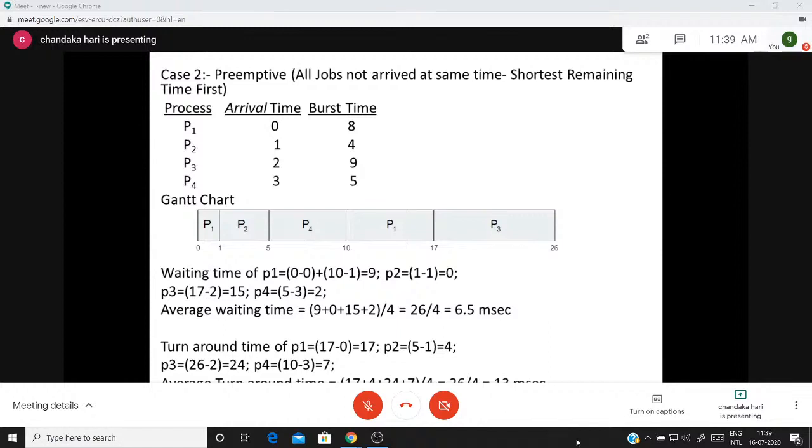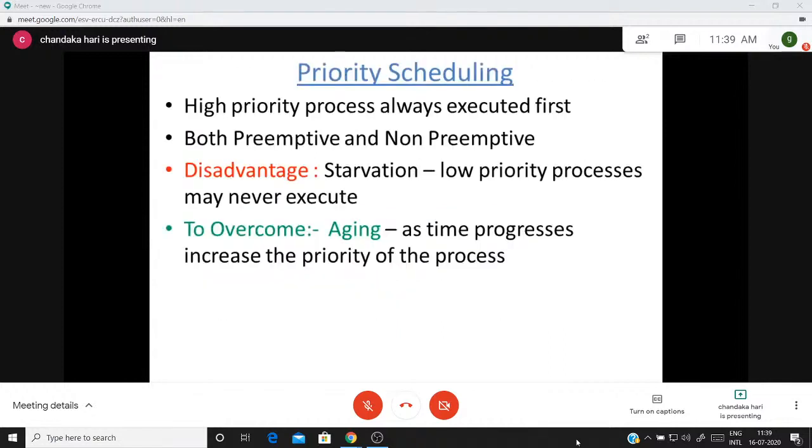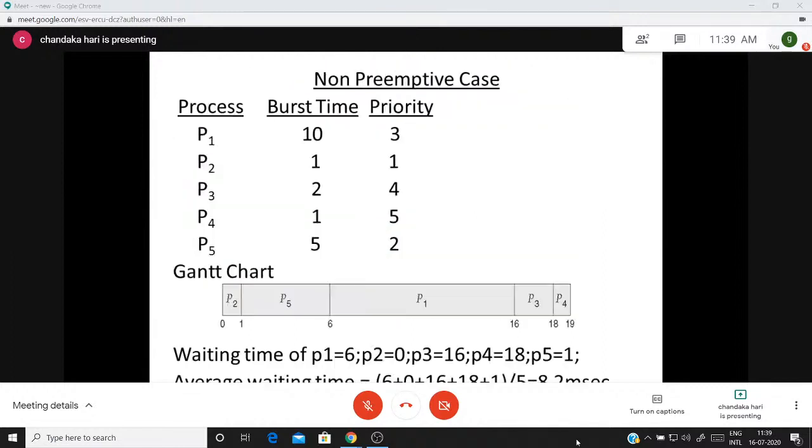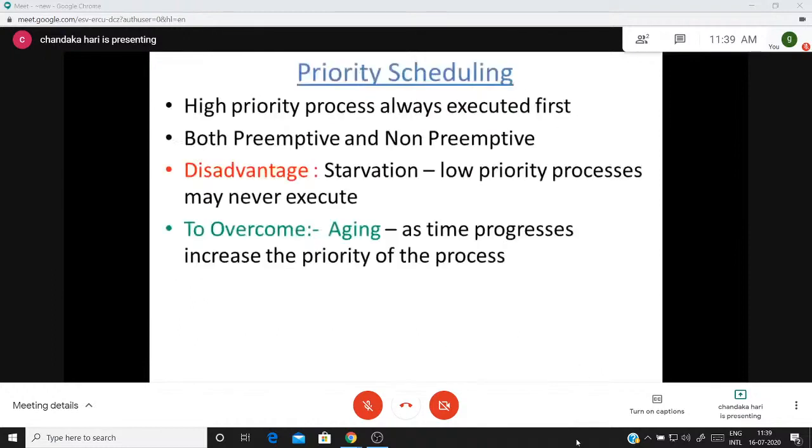Now, coming to the next one. So, now we have finished two. The first one is first come first served scheduling. It is purely non-preemptive. Shortest job first scheduling is either preemptive or non-preemptive. If the arrival times are not specified, it is the non-preemptive case. If the arrival times are specified, it is the preemptive case. Now coming